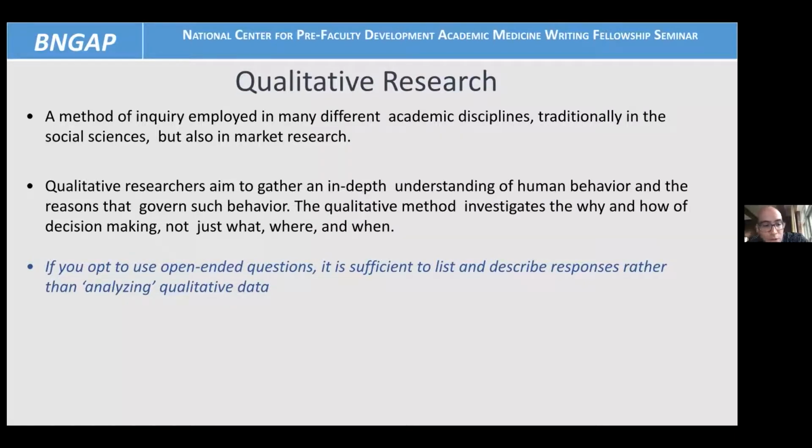If you opt in to use open-ended questions, it is sufficient to just list and describe responses, rather than analyzing qualitative data. I think for those who might have more experience doing qualitative research methods, oftentimes there is this analyzing or categorizing of qualitative